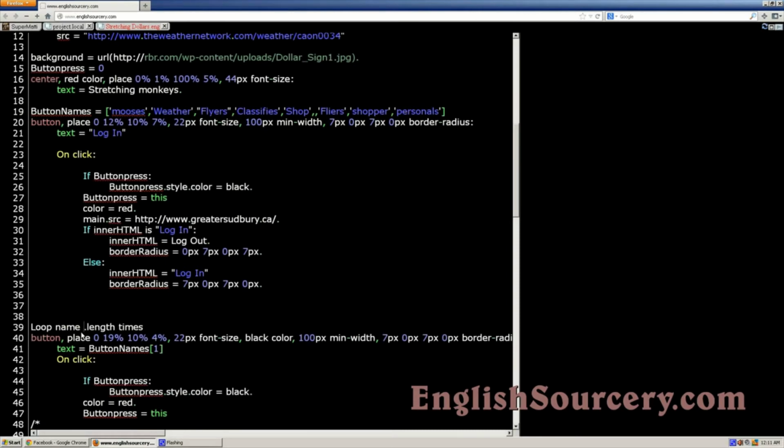Now it's button names, because we're going to the array, the name of the array, but we want to know how many elements are in that array. So dot length is how you get the number of elements in the array. We're looking for the number 8, so it's on the left side of the dot. You can use square brackets to access elements of the array, but on the right side of times,